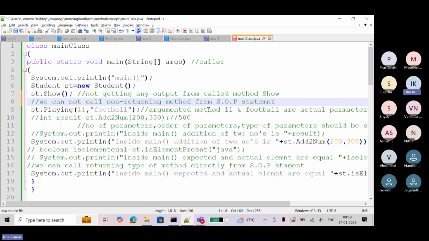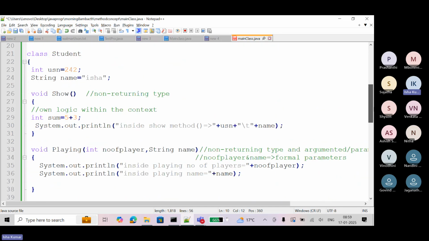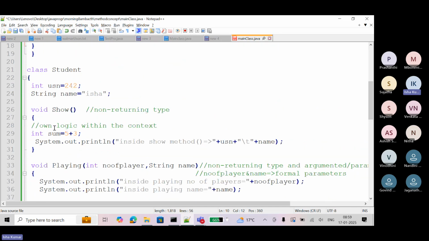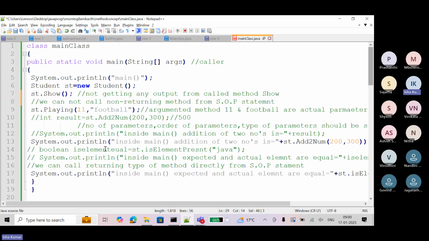So that's why, if you are not giving me any result, it means this method gets executed there itself, where it is called, because it is not returning anything. So how can I print its values here? This show method is doing its job here only, and it is not returning anything to the main method.